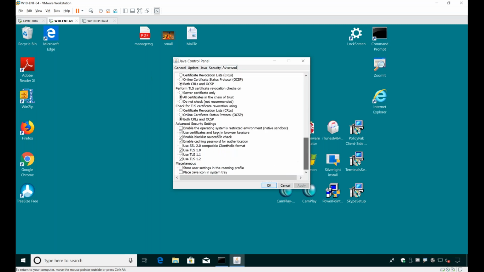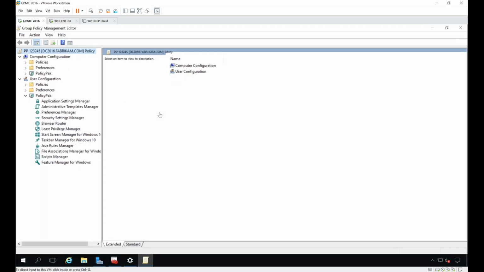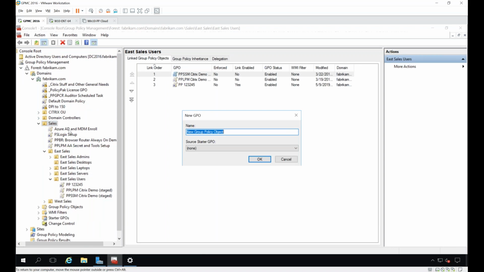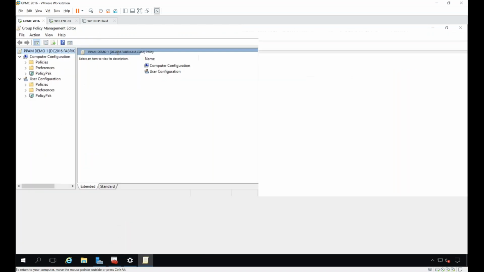So like you might have some important security settings. The very first thing I'm going to do here is in this group policy, actually this is on the user side. I want to do this on the computer side. So I'm going to say for all of my PPAM demo 1, for all of my computers, I'm going to manage Firefox and Java on the computer side. And I'll do that in the same group policy object.